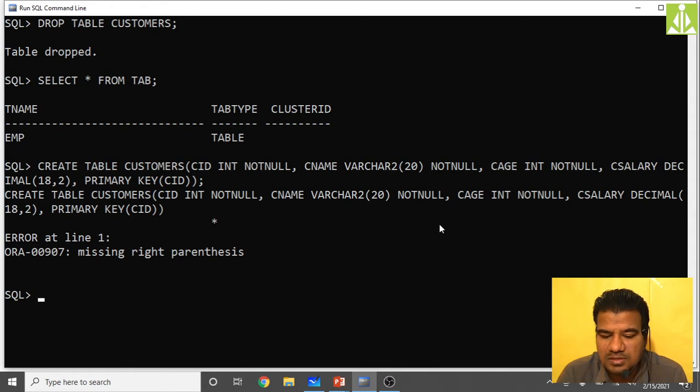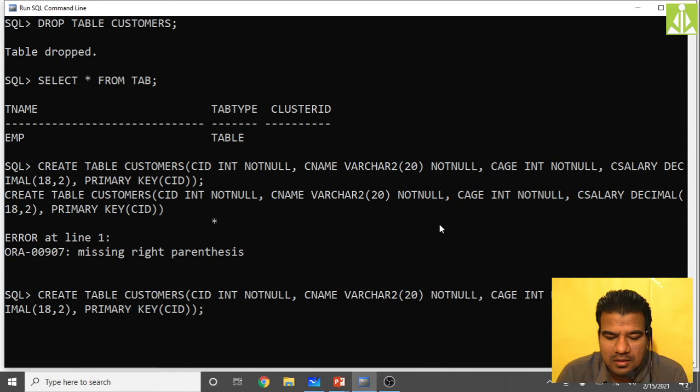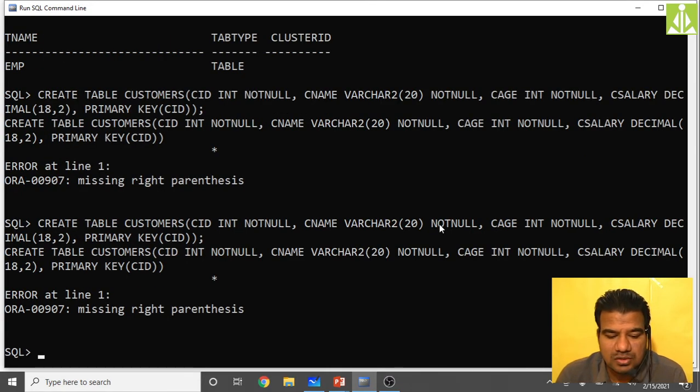Where exactly are we missing it? Create table customers. Here we opened one parenthesis, and CID int not null, CNAME varchar2 20 not null, CAGE int not null, CSalary decimal 18 comma 2, then primary key. Have we taken any extra parenthesis over here? I guess not, so it is not working.